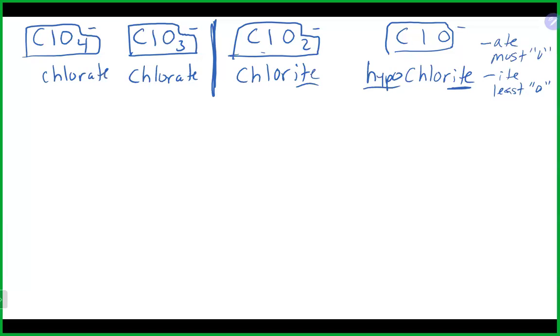Just like on the other side, we cannot have the same name for two different things. So when you have a group of four, the one with the most oxygen will end in ate, but also start with per. So that is perchlorate, chlorate, chlorite, and hypochlorite. And that group of four is probably the most common group of four that you'll come across. But just to show you how the names relate to each other, where do we find chlorine on the periodic table? Group number